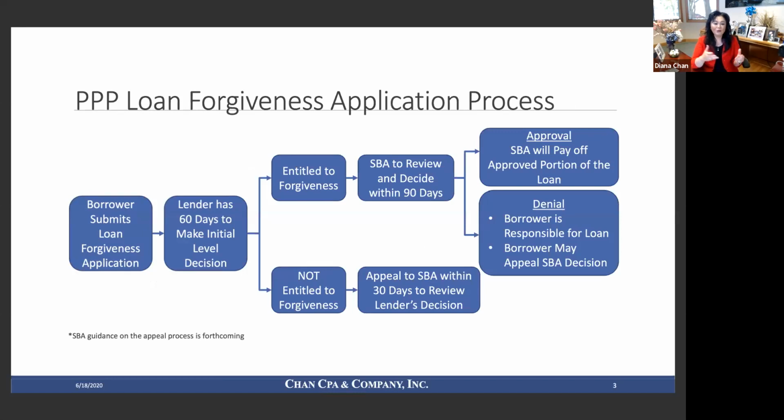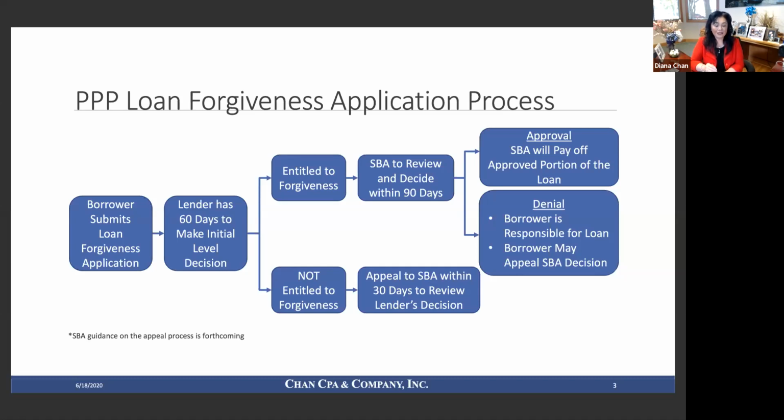I wanted to do this in a flowchart manner. What is the PPP loan forgiveness application process? Because it can be confusing, and this will be really positive. One, the borrower submits the loan application. That's the first step. The borrower submits the loan application within that 10-month period of time. Number two, the lender has 60 days to make an initial